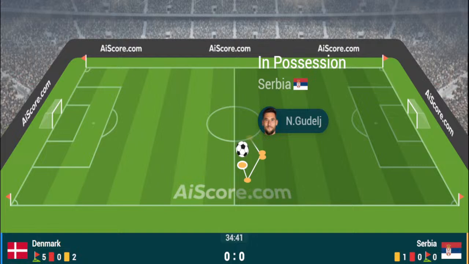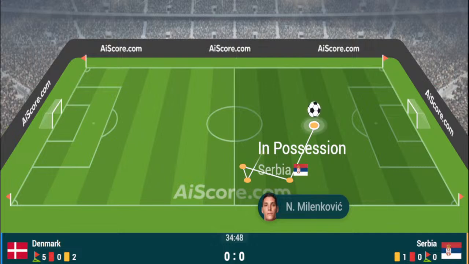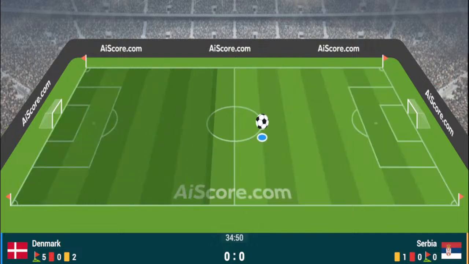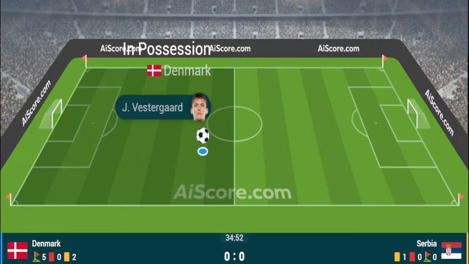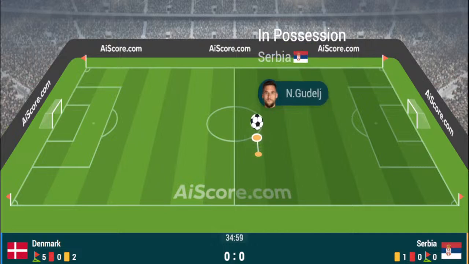It remains like this and we go into the second half, because they've certainly got quality on the counter. Mitrovic trying to find a way through it, couldn't do so. 0-0 here, 0-0 in the game between England and Slovenia. So it is a Denmark free kick, and Denmark take it quickly.